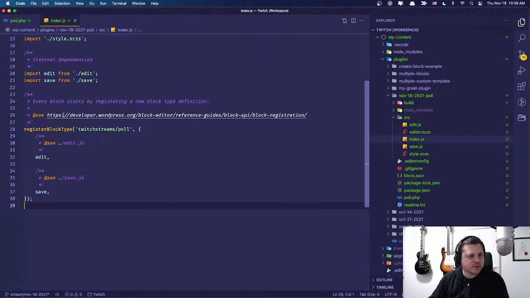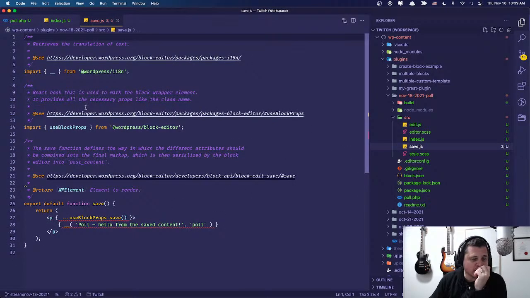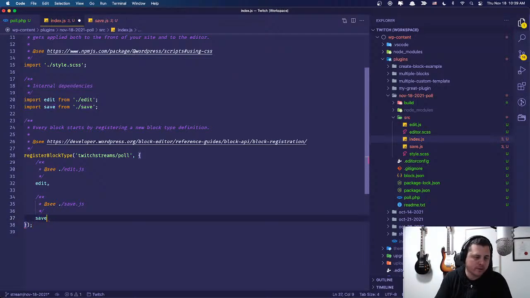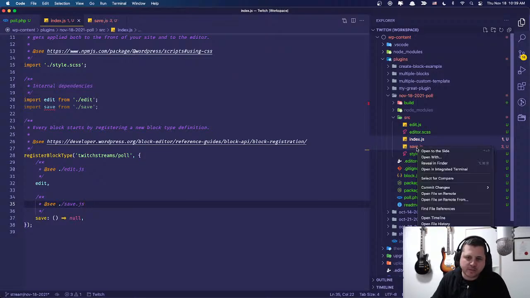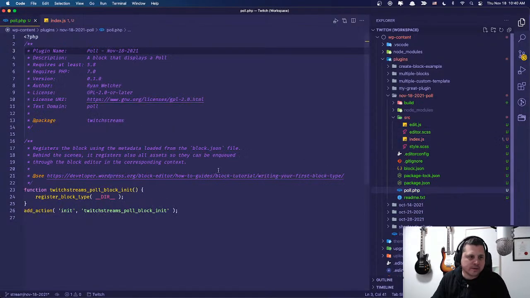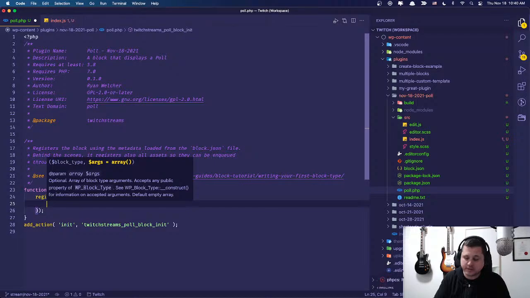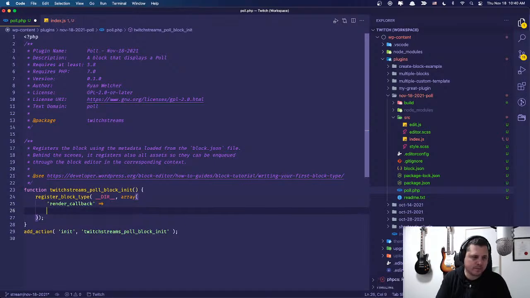So cool. The first thing, so this is going to be a dynamic block. So when we have a dynamic block, we only need to have the save return null. We can just make it be a function that returns null. That's all we need for that. Now I could have done this inside the save function, but we don't really need it anymore, so I'm just going to delete it. What that does mean is in our register block type, we need to add, so we've got a directory, we also need to add an array. I'm going to use a shorthand array because coding standards. Render callback is going to be,